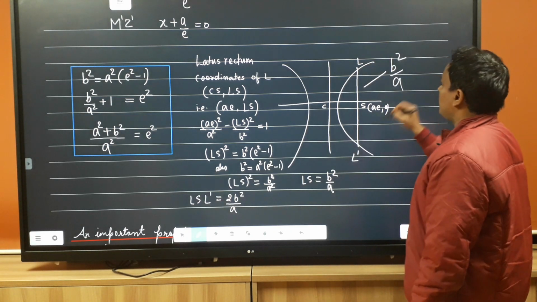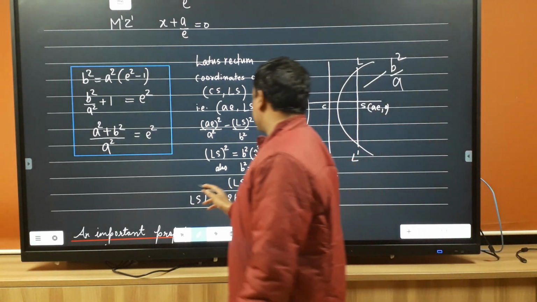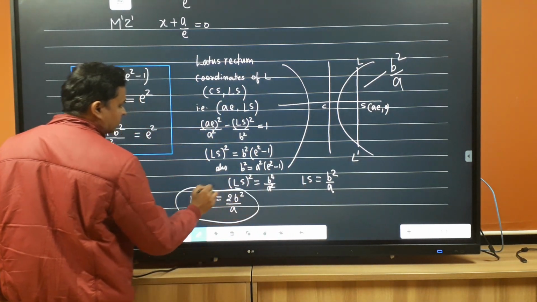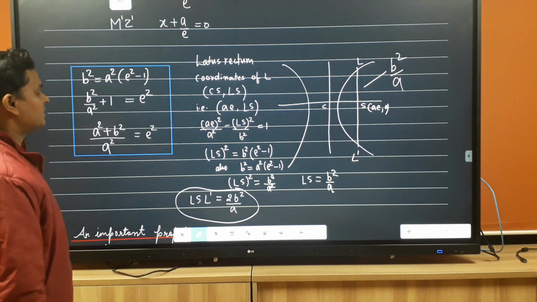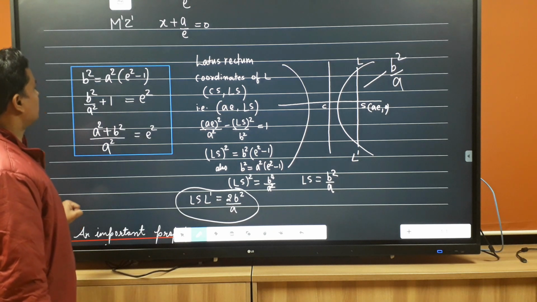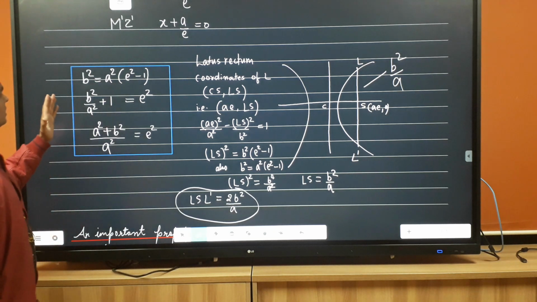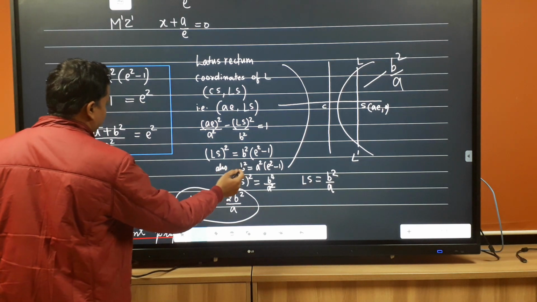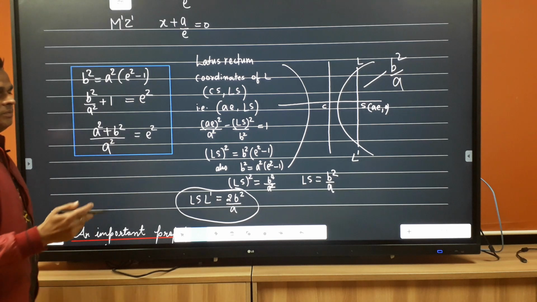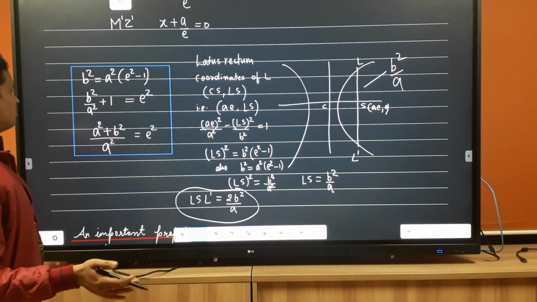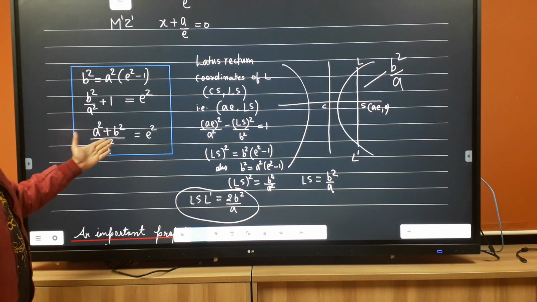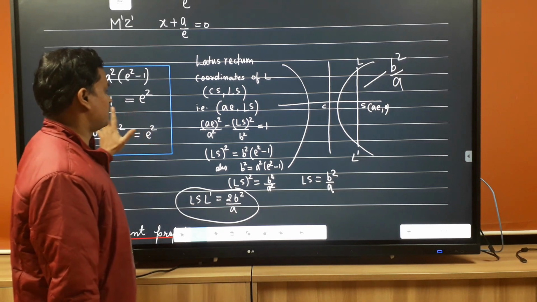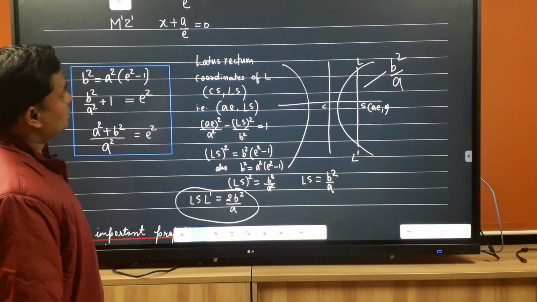तो टोटल लैटस रेक्टम का लेंथ निकालना, बस उसको ट्वाइस कर देना है, यानी 2b²/a, ठीक है। तो ये याद रखिएगा कि लैटस रेक्टम का लेंथ हाइपरबोला में 2b²/a होता है। यहाँ से एक छोटा सा रिजल्ट हमने डेराइव किया इस रिलेशनशिप को यूज़ करके। ये रिलेशनशिप क्या कर रहा था कि b² = a²(e² - 1)। यहाँ से हम लिख सकते हैं e² = (a² + b²)/a²। ये कुछ नहीं है, बस मैथमेटिकल मैनिपुलेशन, अलजेब्राइक।